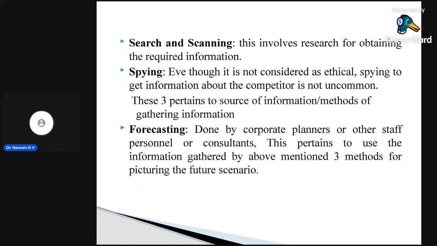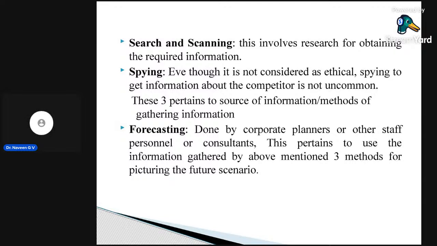To take an example, if you want to write a paper or a project or anything else, you need information sources. Take an example from finance: when you want to purchase raw materials, you need to invest money. Where you are getting the money, that is treated as a source. Sources of information also play a vital role in managing timely availability of the required information under searching and scanning.